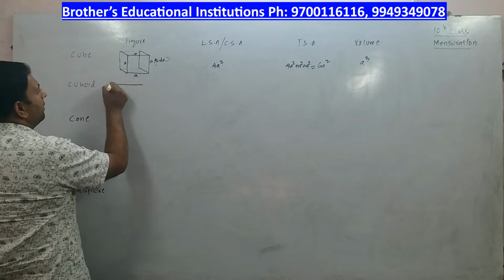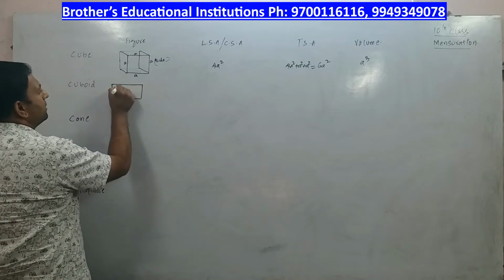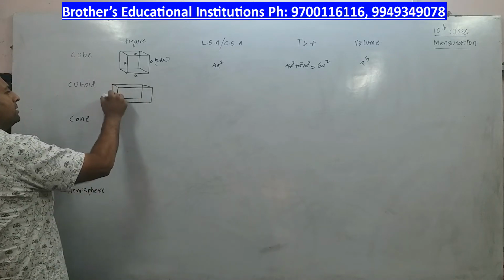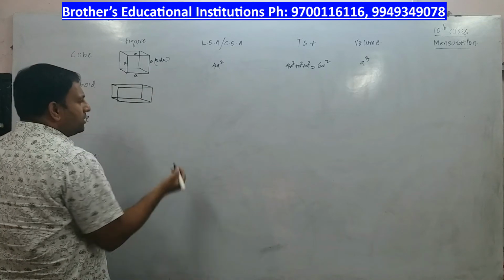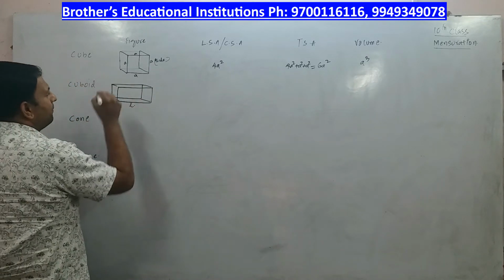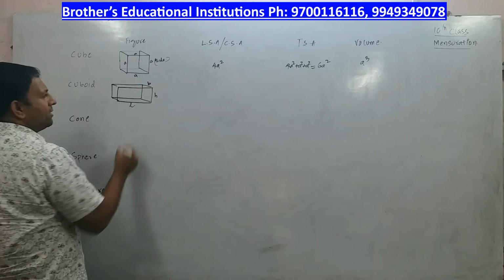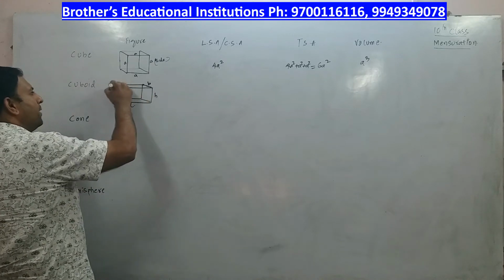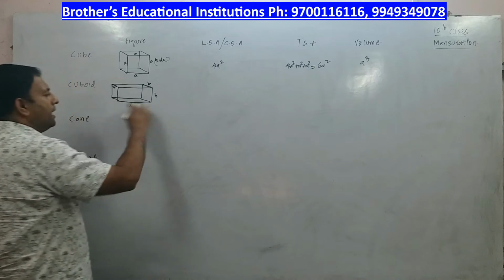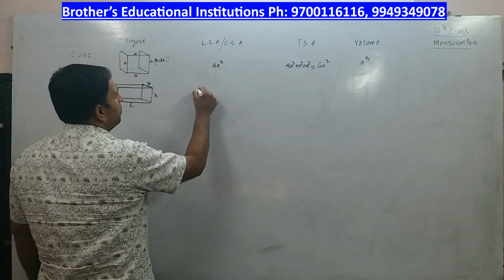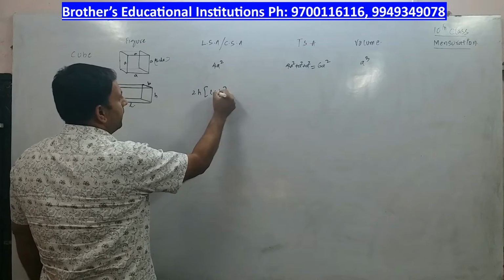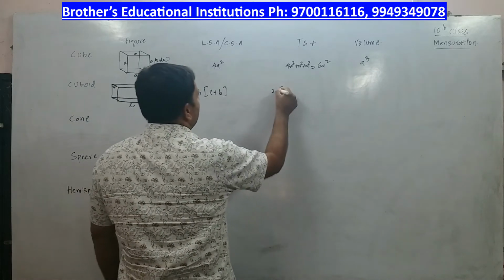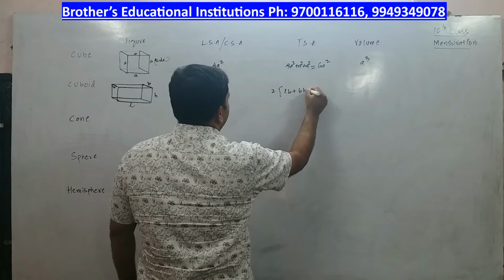And what will be a cuboid? You have already seen a cuboid. The shape of a brick is a cuboid. The mud brick you see, the shape is what? Cuboid. Now the dimensions involved here are length, breadth, and something called height. So if L, B and H are the length, breadth and height of a cuboid, then the lateral surface area is given by the formula 2H into L plus B. And the total surface area will be given by 2 into LB plus BH plus HL.